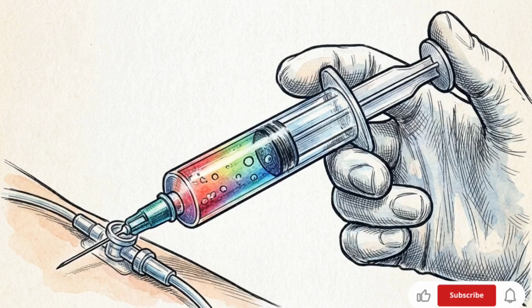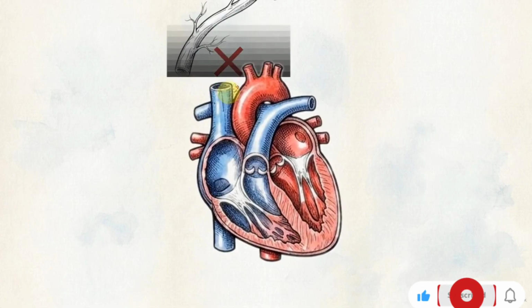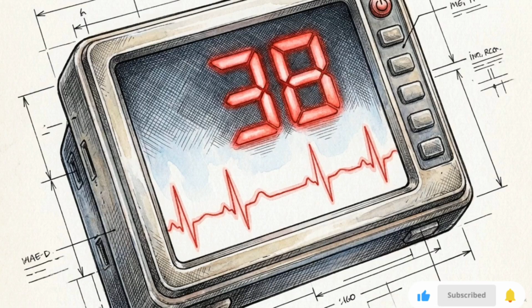The first line of defense is chemical. A drug called Atropine is pushed rapidly into the IV. Atropine works by blocking the vagus nerve, lifting the body's natural brakes off the heart and artificially accelerating the SA node's firing rate. If up to 3 milligrams of atropine fail to increase the heart rate, or if the electrical